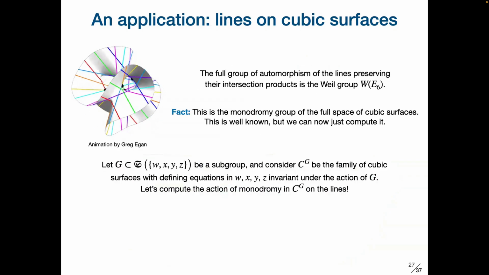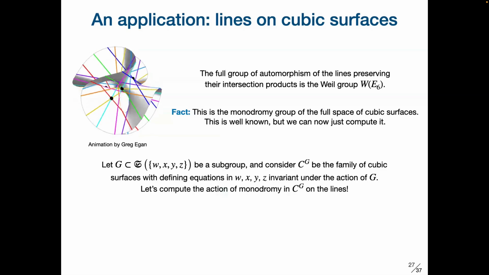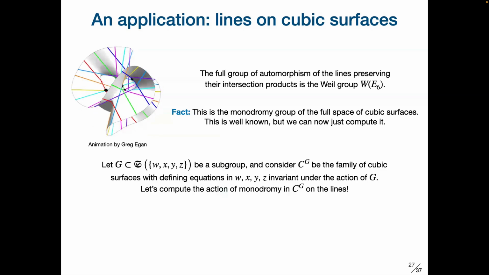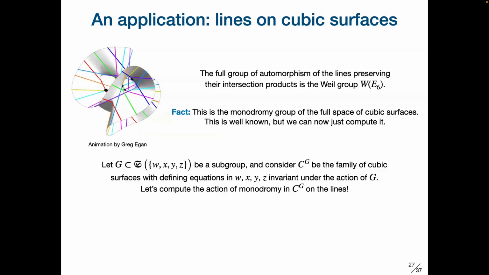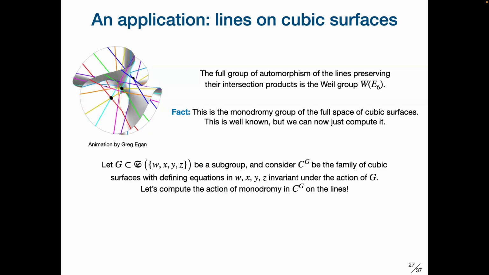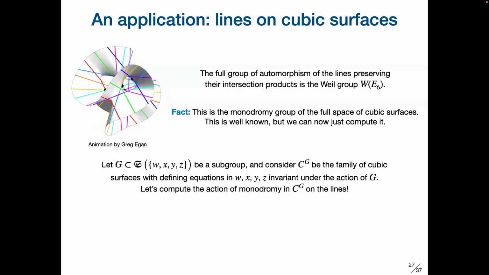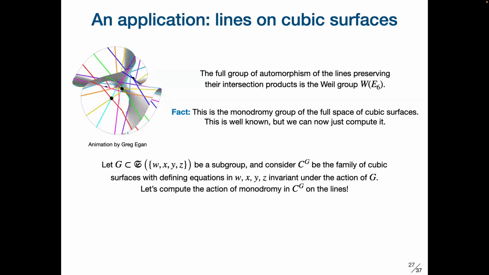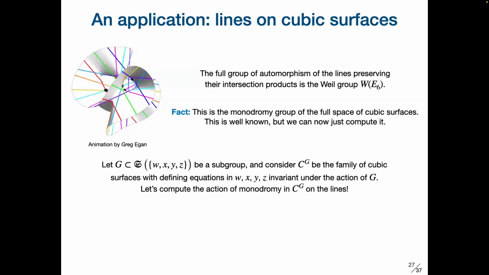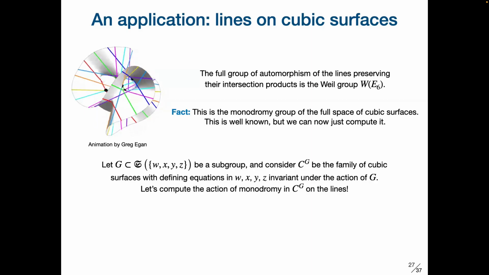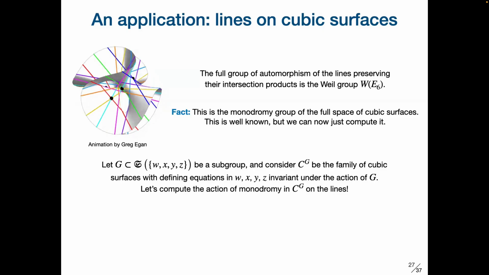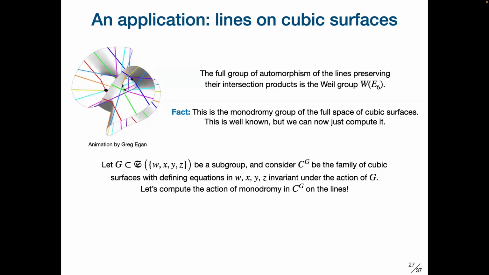your surface. The full monodromy group of all cubic surfaces is the same as the full group of automorphisms preserving the intersection pairing of these lines, and it's the full Weyl group of E6. This is a well-known fact, but this is something that with the methods I've just presented to you, you can just compute. Instead of doing this, I'm going to focus on a more recent problem,